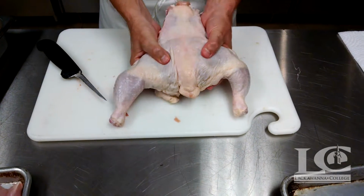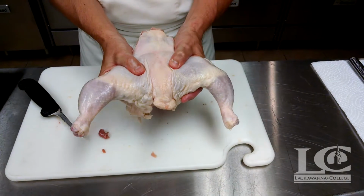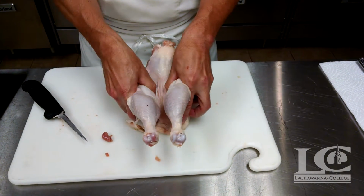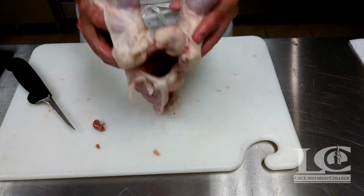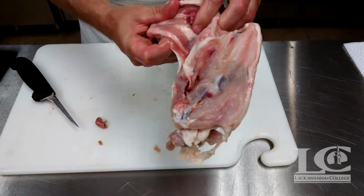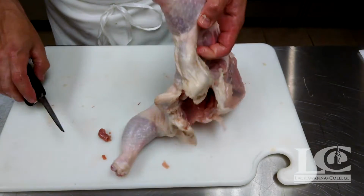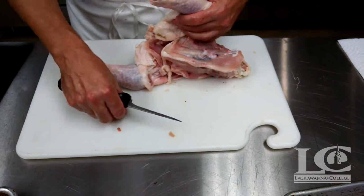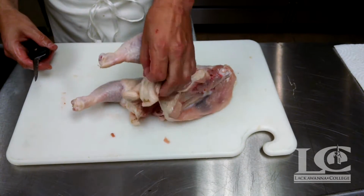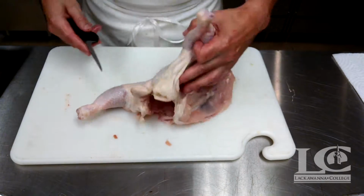So basically what we want to do, we want to take a firm grasp of the chicken, and then we want to pull so that the joints separate, the ball joints separate from the carcass. So you can see here that's separated. Here that's separated there. Okay. And the key to remember in making sure that you get all of the meat off of this is to come from the back of the bird, not from the front. Okay, so we want to start here